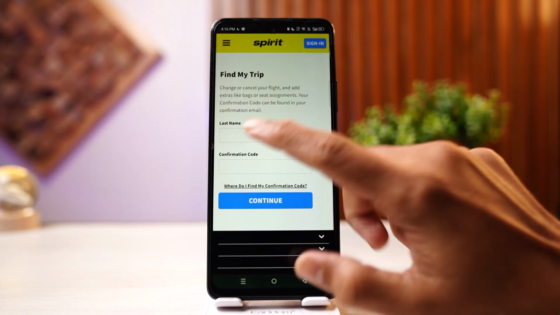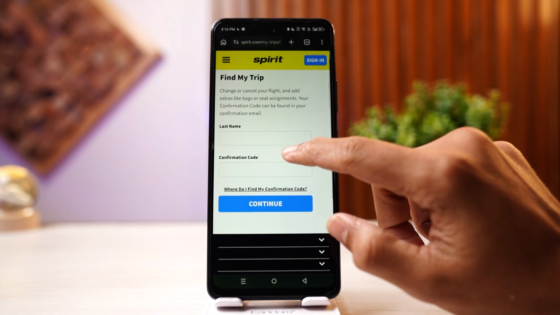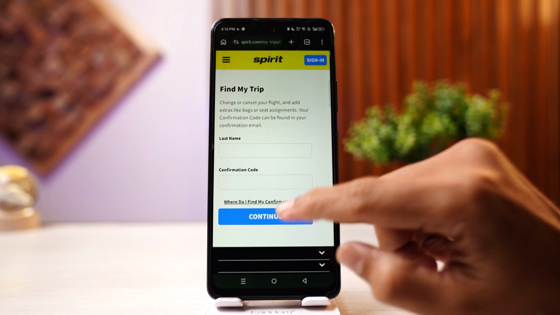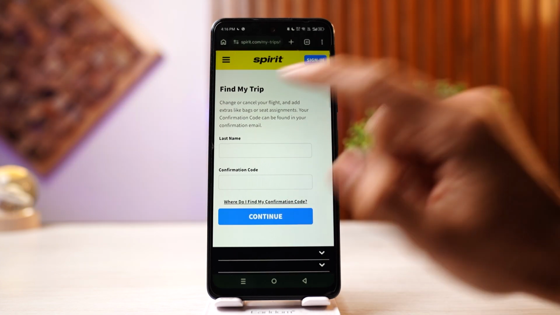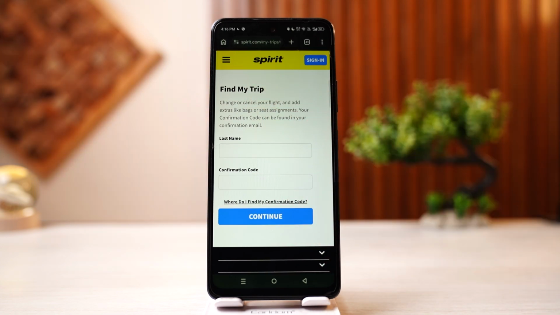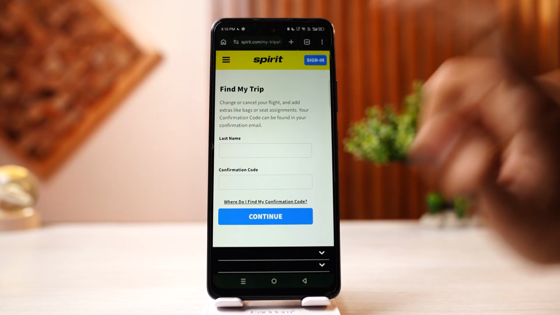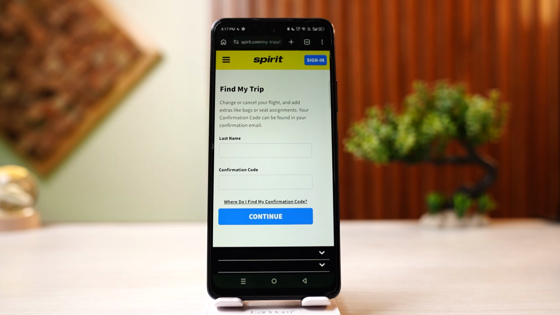Here you want to type in your last name, your confirmation code, and click on continue. After doing so, you can change or cancel your flight from here, and also you can add extras like bags or seat